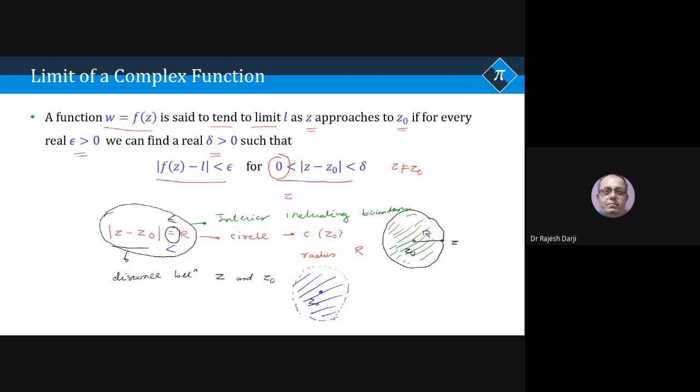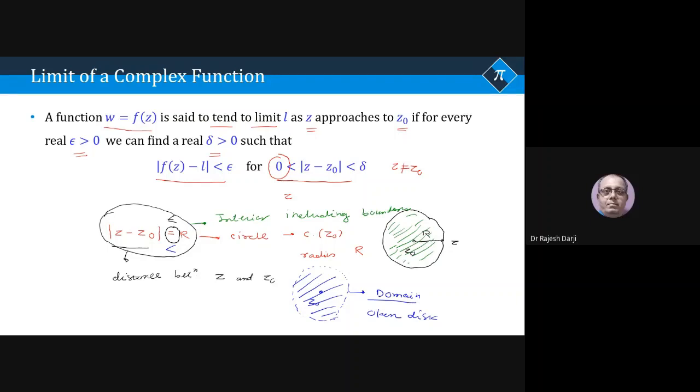Now if boundary is not included, then this type of diagram or this type of collection of points is called a domain, or you can say open disk. ये डिस्क बनती है, ओपन मतलब उसका बाउंड्री नहीं है, ठीक है. If we include this point, then this is called open disk.